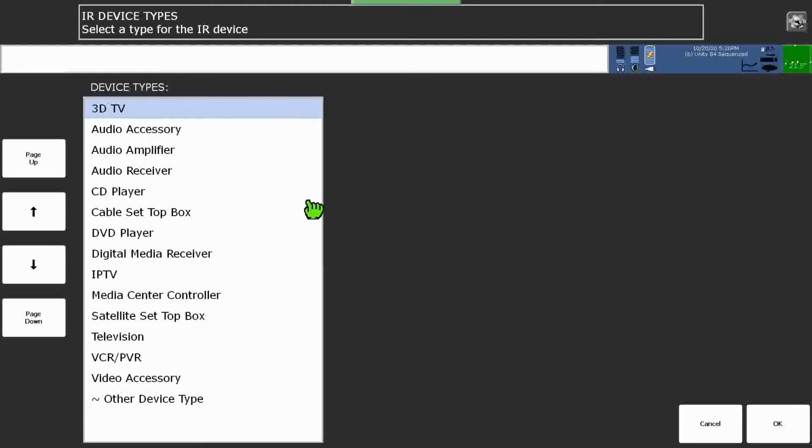Here, since we want the accent to automatically generate a page for us, we need to tell it what kind of device we are adding. On the screen before this, we already chose a device type, but that was specifically so that the accent knew what infrared signals to load, whereas on this screen, we need to specify so that the accent knows what kind